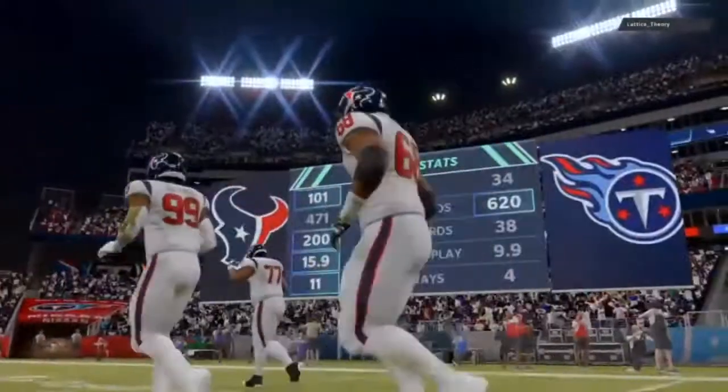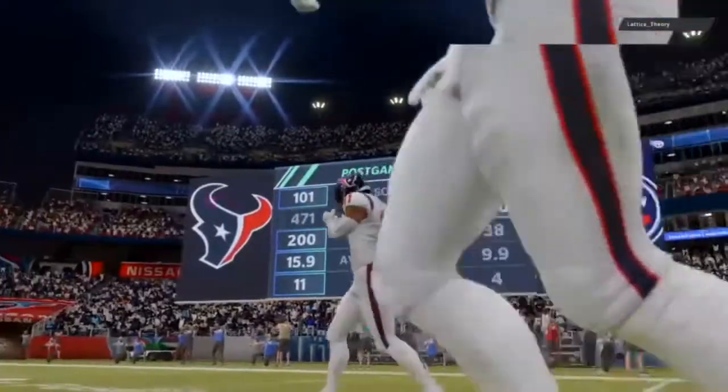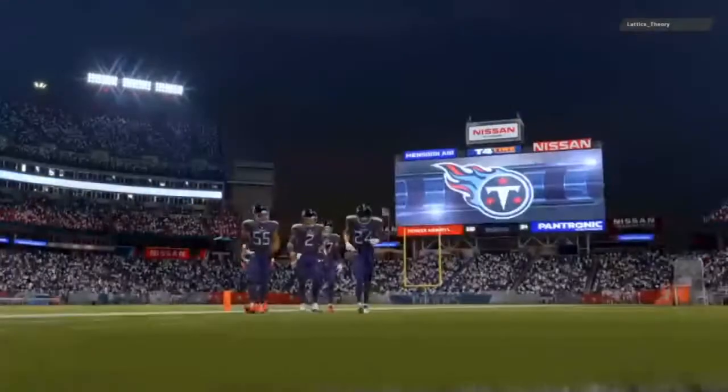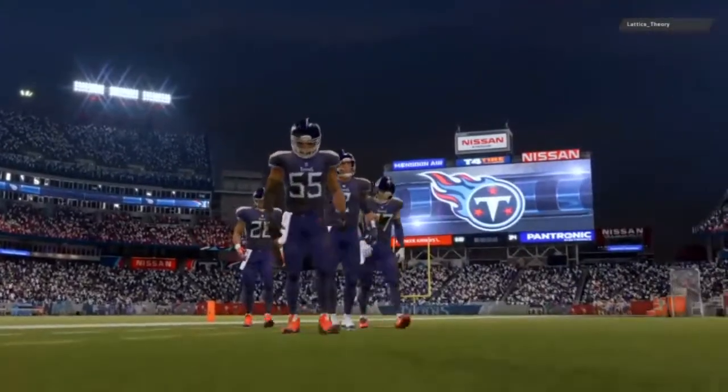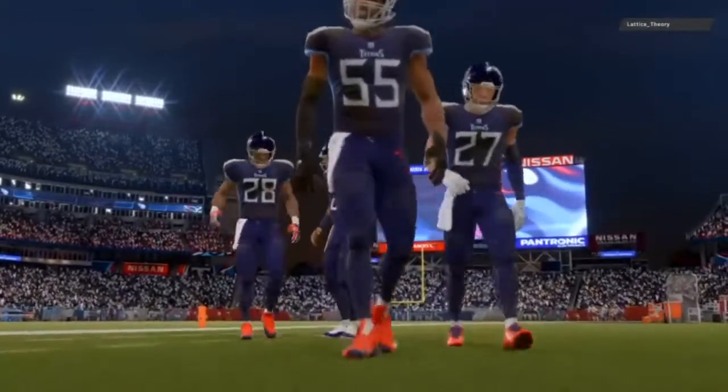So for the Texans, the great run they've been on continues as they move to 9-1 now. And they'll get another road test next week as they head to Buffalo to take on the Bills. Meanwhile, for Tennessee,